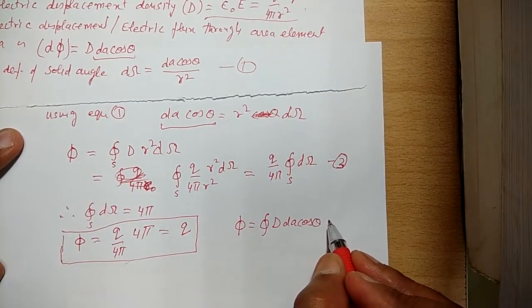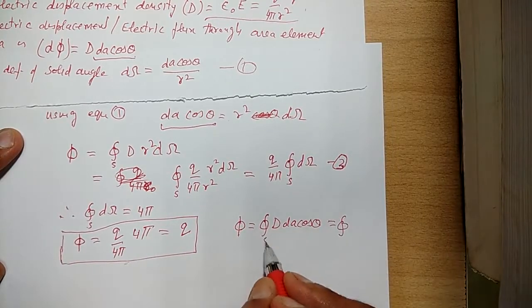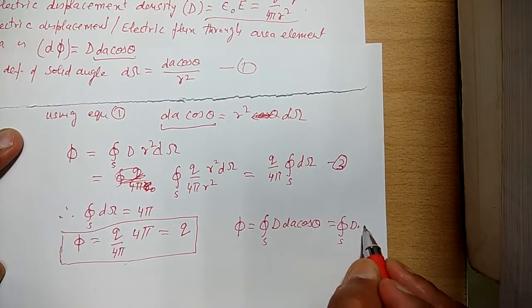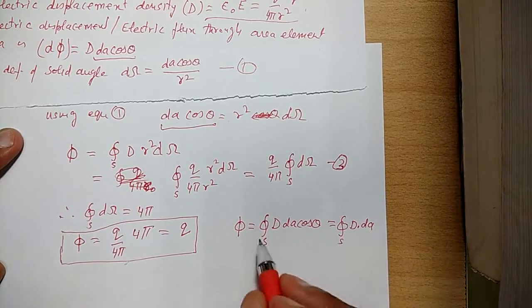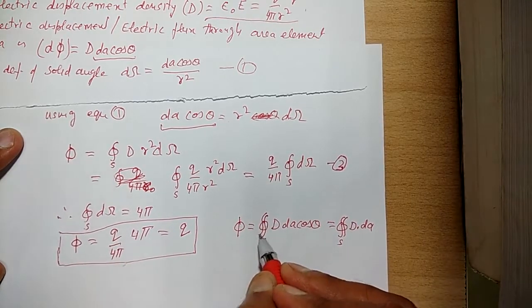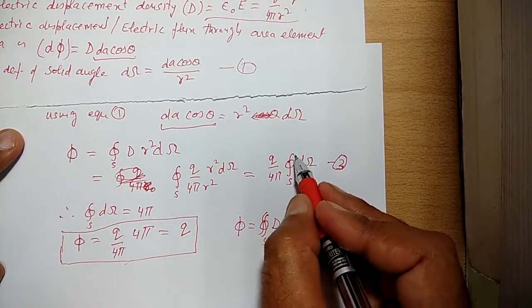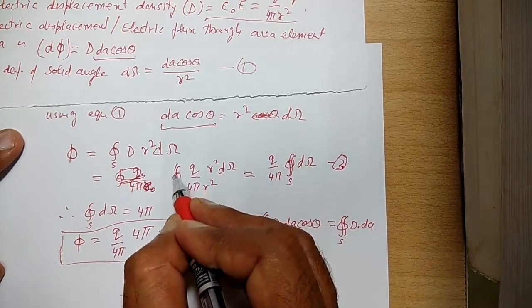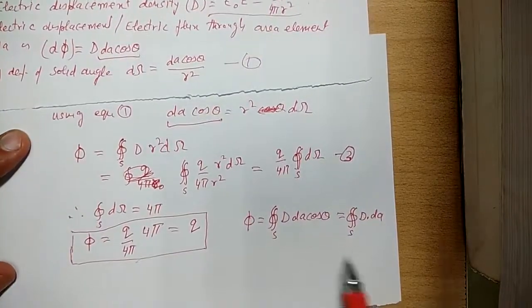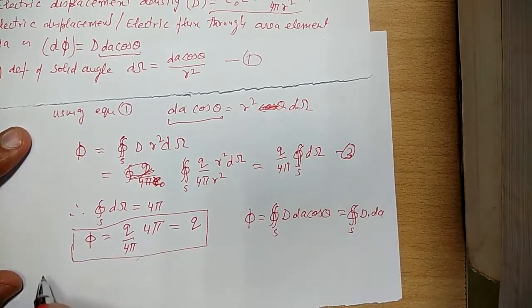So we can also write this like this: closed surface integral d dot dA. And we can also write this closed surface with a double integral sign like this, double integration. So this is the integral form